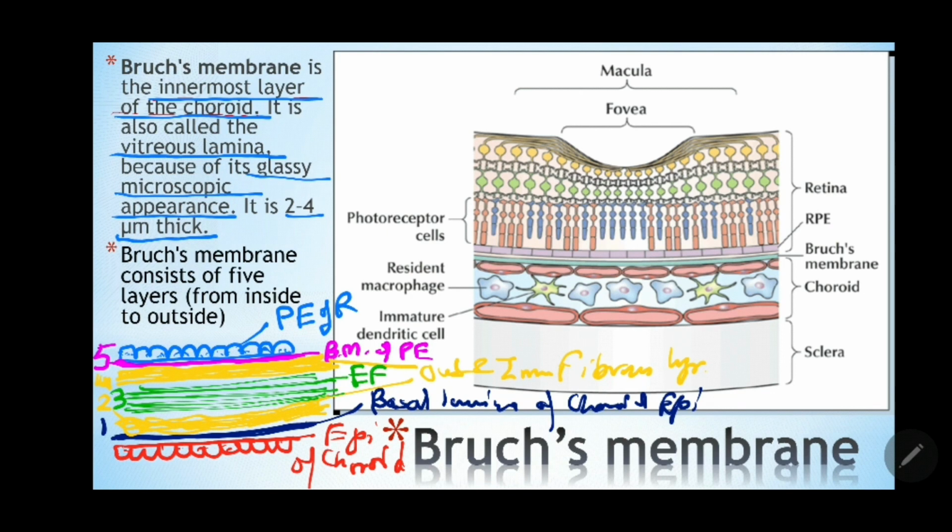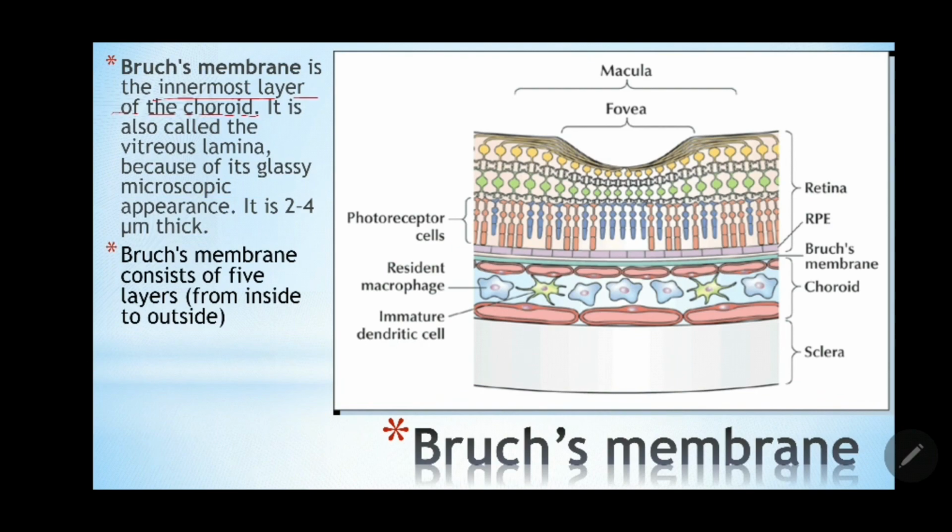On the two sides you have the basement membrane of the two epithelia, for the pigment epithelium on the inner side, for the choroid epithelium on the outer side. Then you have the collagen fibrous layer on the inside and on the outside, and the middle one is the elastic fiber layer. Got it? So this is a fibroelastic layer. Okay, good. So this we are done with. Next slide is